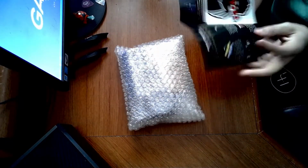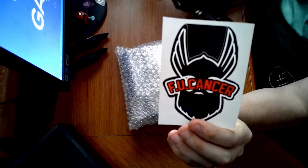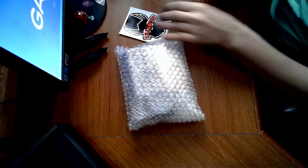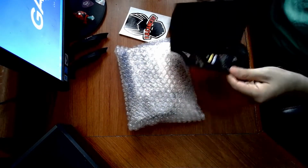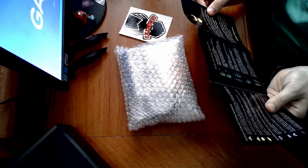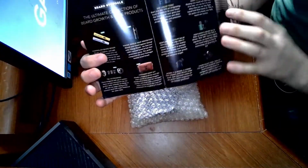So just kind of going through. This is the insert that comes with it. The insert is actually a catalog, as well as there's a nice FU Cancer sticker here with their logo behind it. The insert that came with it, it's a catalog of products, and what the catalog has in it, it goes through